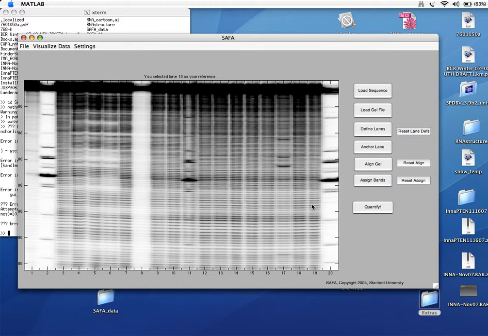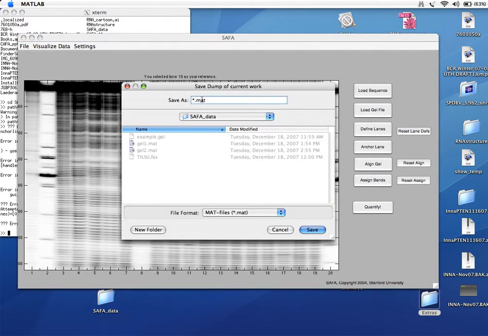The next step now, after assigning an anchor lane, is to align gels. But before I do that, I should do something that I'm supposed to do very regularly, which is save my progress. So here, I'm just going to say File, Save Dump, and this will allow me to create a .mat file. Say we'll call it